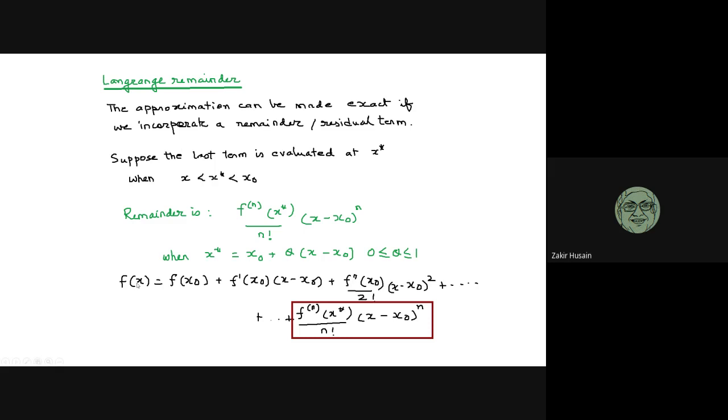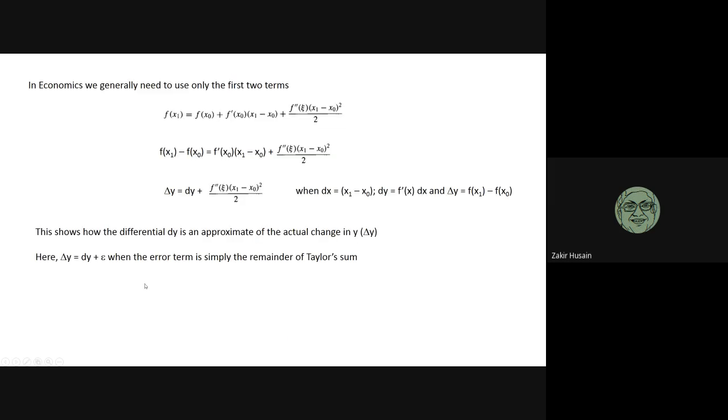What I've done is I have brought this term to the left hand side. This is just the Taylor series where I've taken the residual and the first two terms. Okay? So I'm bringing this term to the left hand side. So it becomes f(x1) minus f(x0). This is f prime (x0). Now ignore the remainder. Don't focus on the remainder.